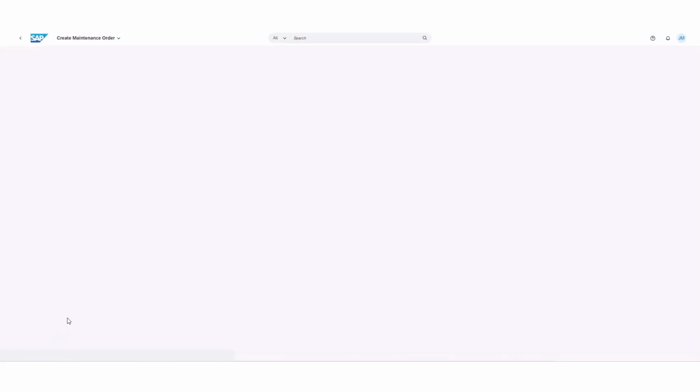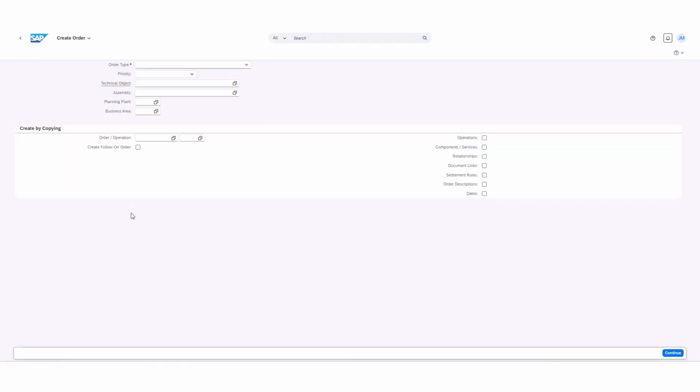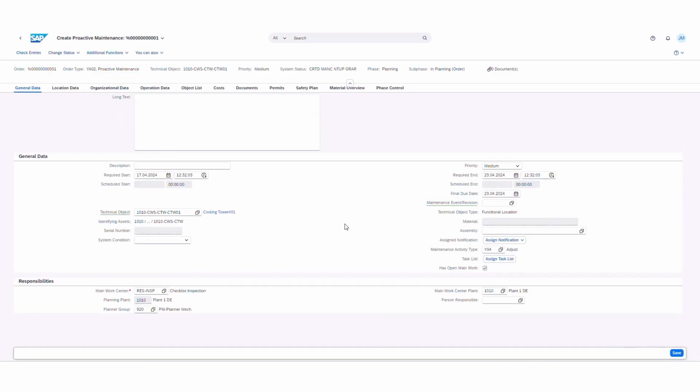As you can see here, we are starting the maintenance order creation via Fiori Launchpad. And the checklist solution is enabled regarding the maintenance order type and against the planning plant. In this demo, the planning plant gets automatically derived from the technical object. And after, so to say, filling in the first fields, then we're coming to the overview of the object page